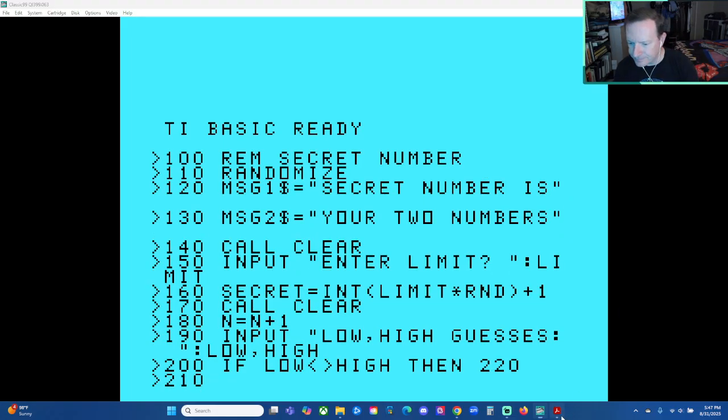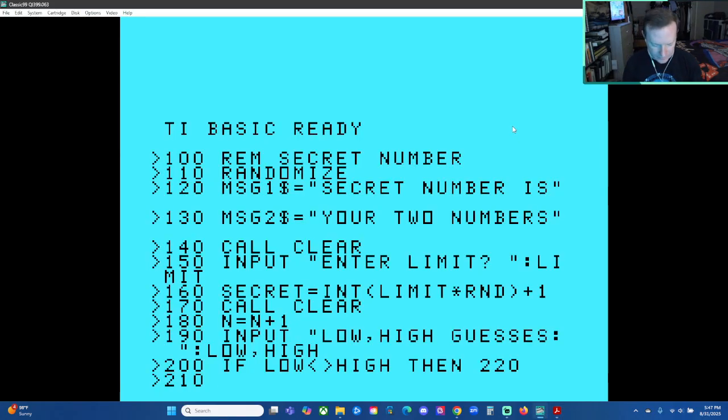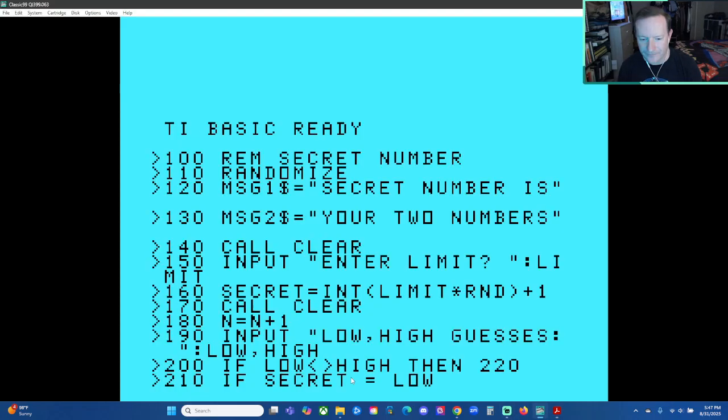$210. If secret equals low, is there no space there? That's right, there's no space there. Use the modern programming languages now. Secret equals low, then